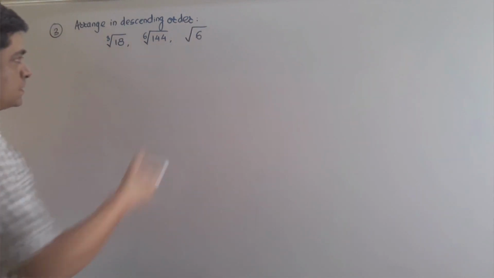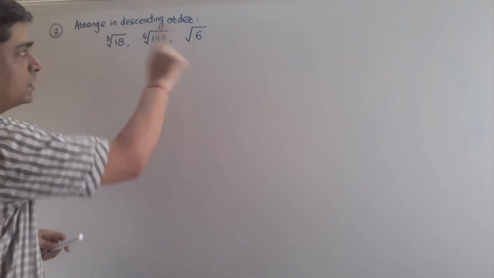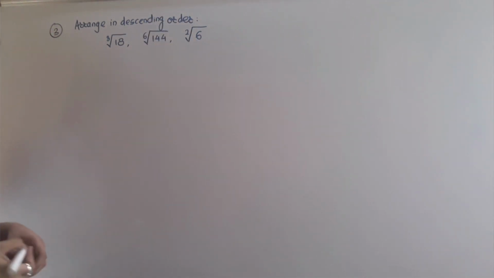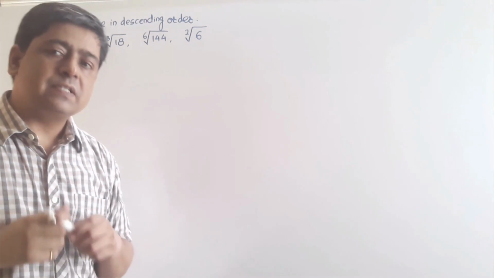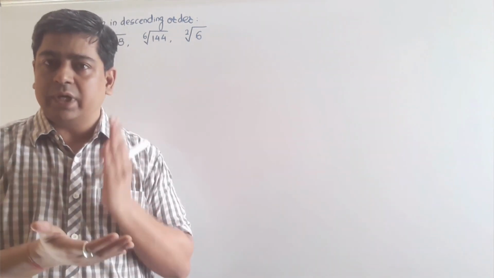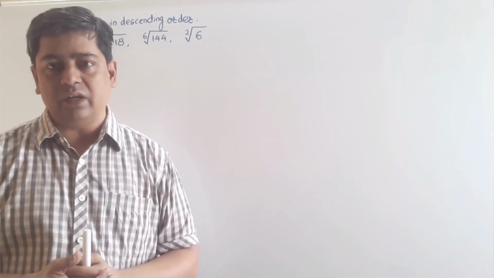Okay, normally we say square root only. Observe here the order we have given. Here 3 is given, here given 6. Means what is the root term that is given to us? Here nothing is written, so we can assume 2. Now directly we cannot find out who is bigger and who is smaller. To write down in the descending order, we need to find out who is the biggest term. So that largest term we shall write down first, and accordingly we can create the sequence.